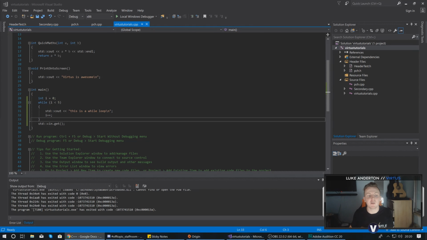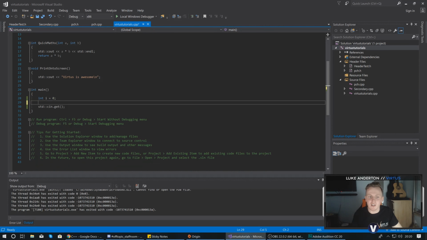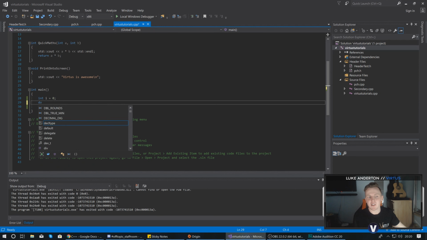However, the main difference with it is that the body is actually going to be executed at least once, and then from there it's going to check the condition and run that loop over and over again until the condition returns false. So what I'm going to do is show you exactly what I'm talking about. So what I'm going to do is delete the loop that we've just created so we can create a new do while loop. So what we're going to do is start this off with the do keyword,